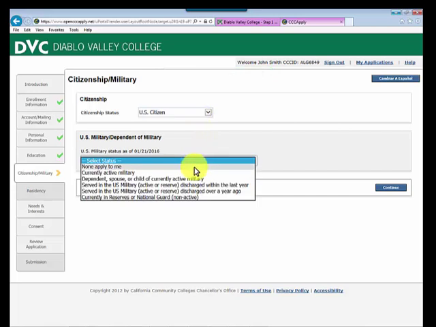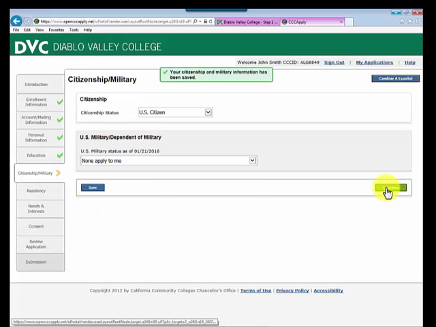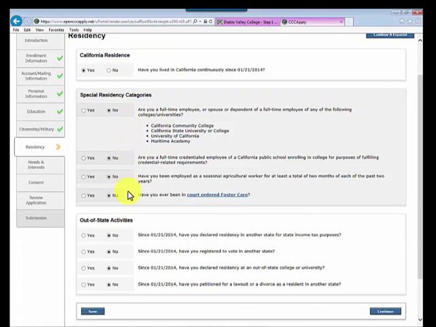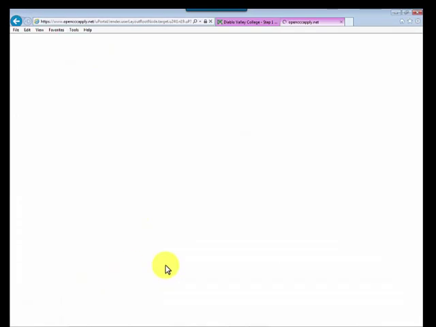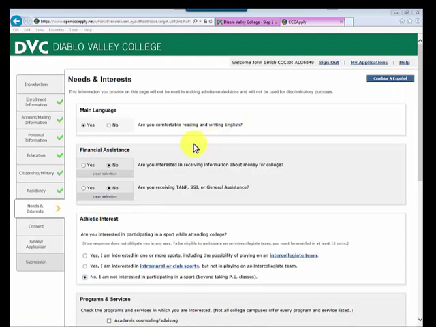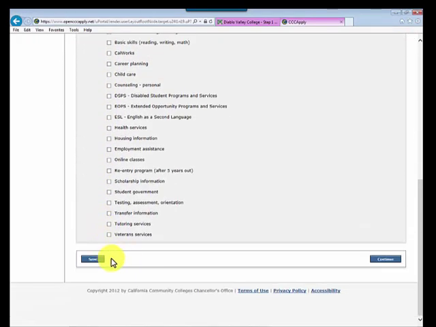You will then select your U.S. military status, save, and continue. On this page, you will fill out information regarding your residency. They are just yes/no questions. Once you have finished all the questions, hit Save, and then Continue. You'll now answer questions regarding your needs and interests, regarding your language, any financial assistance, athletic interest, and programs and services. Save,